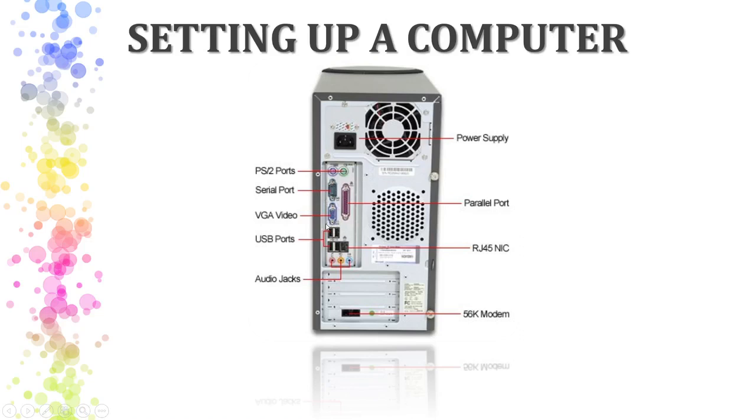Now see the VGA video. You can see the VGA video here. Plug here. So we have one wire for the computer, the keyboard, the mouse, the printer, or any other smart television. We have a wire, yes? And this wire is connected to the CPU box. So we can say that our device is connected to the CPU box.